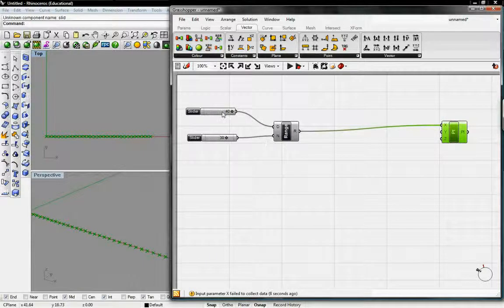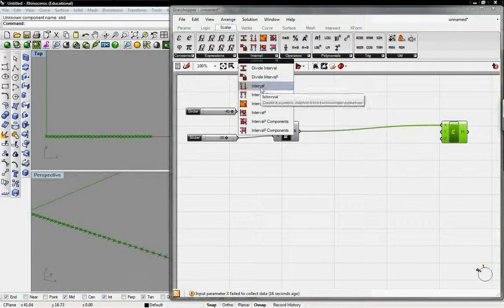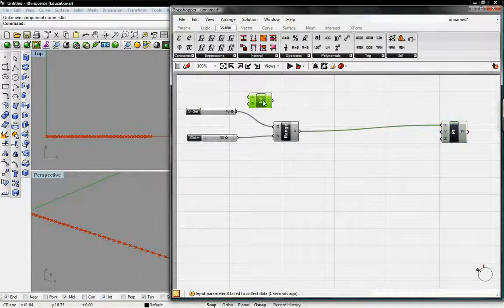We can also specify a specific interval as opposed to just 0 to any number. We can go under scalar, interval, and just grab a basic interval. And as opposed to saying 0 to 40, we can specify something else. So I'll copy this, and we can start it at start A will be the first number. We'll start it at 12, and then the next number we'll say is 40,